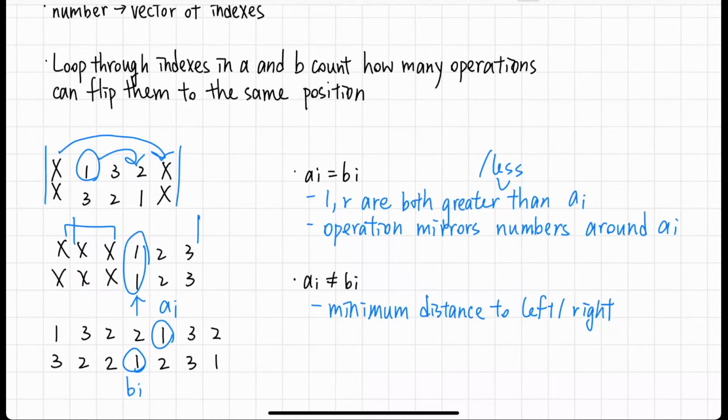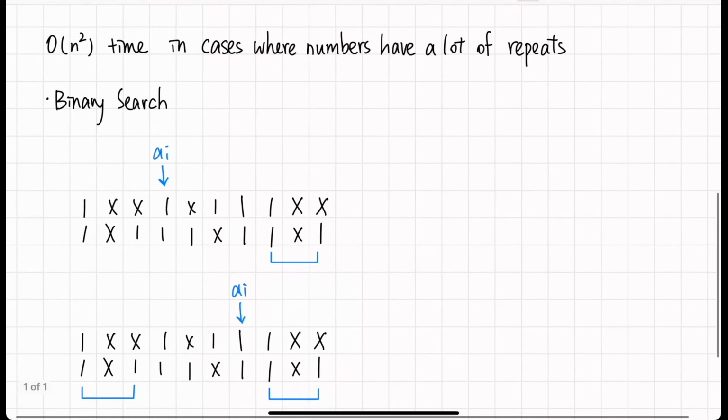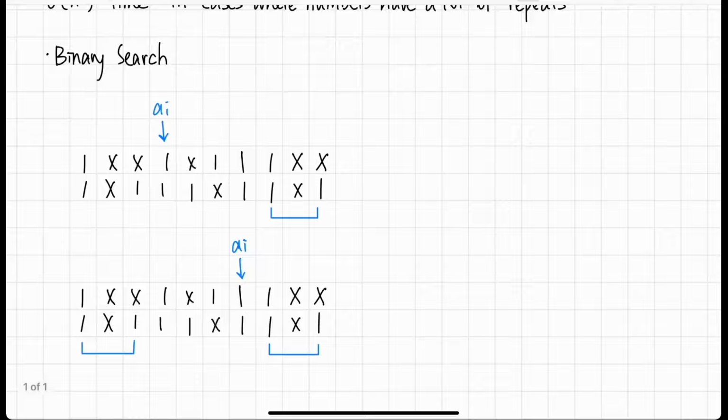And this solution is sufficient to pass cases up to number 10. However, there will be issues when we realize that in cases from 10 to 15, the numbers are all generated in either 1 or 2. So if the numbers have a lot of repeats, then this would result in O(n²) time. However, we can solve this by binary search, because if we further optimize this approach, then we realize